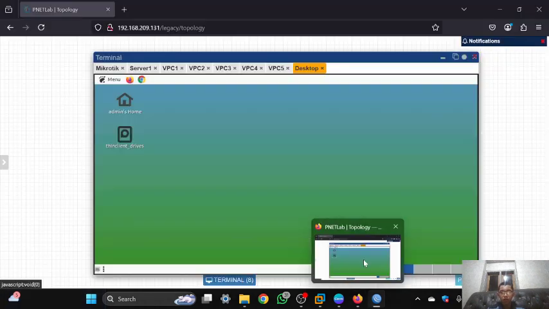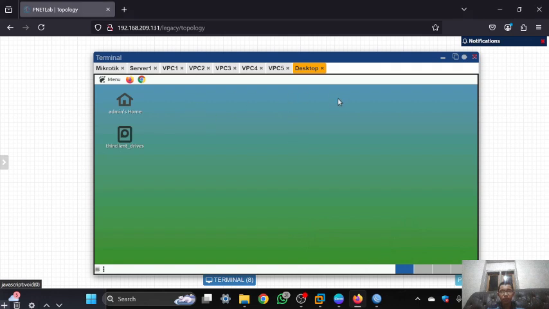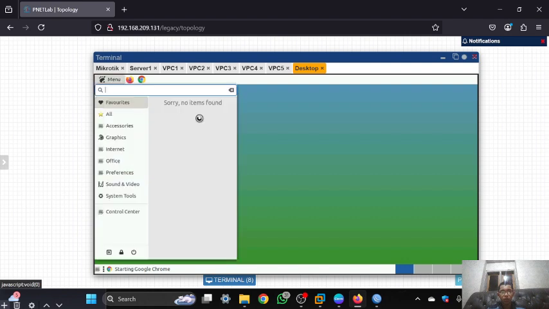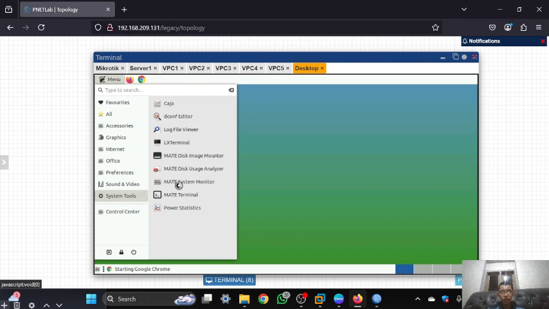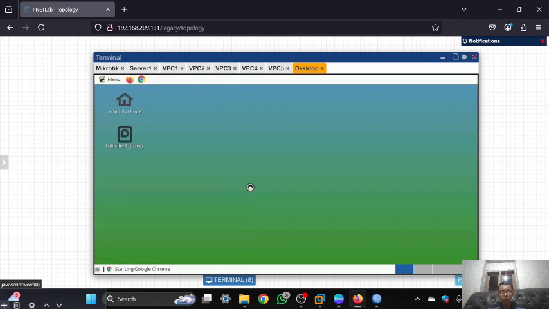Now you can open your topology in your desktop, that GUI version. You can go to Google Chrome or Firefox. Make sure that the virtual PC gets the IP, and you can check in system and open terminal.